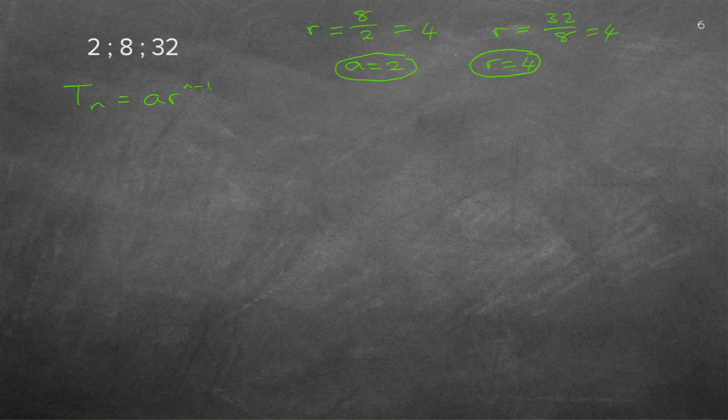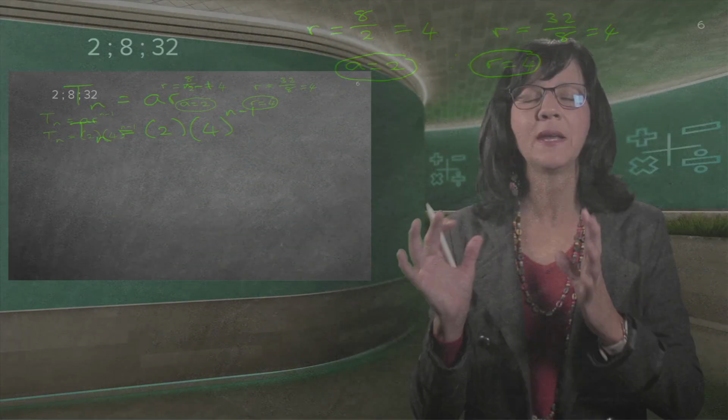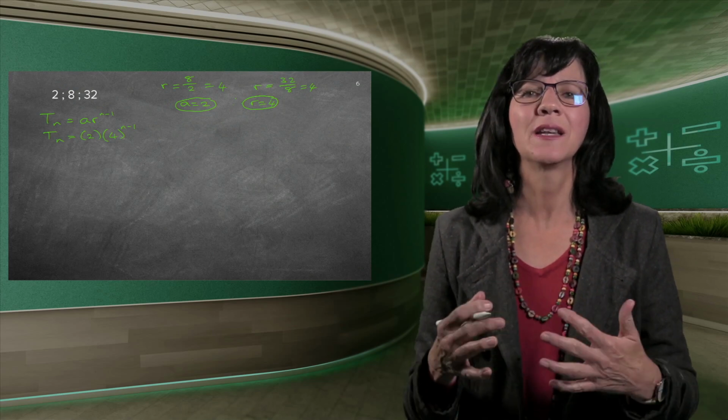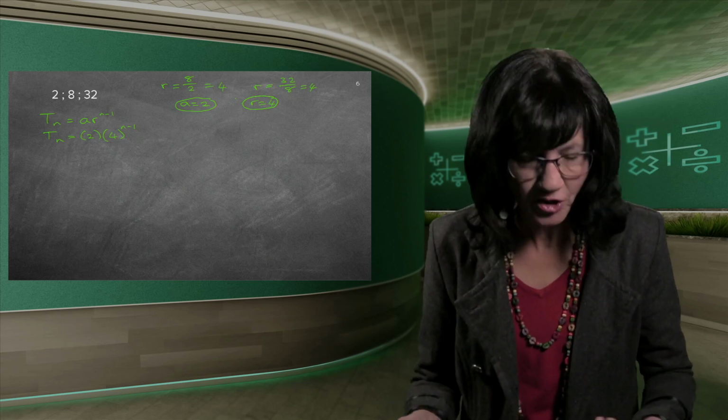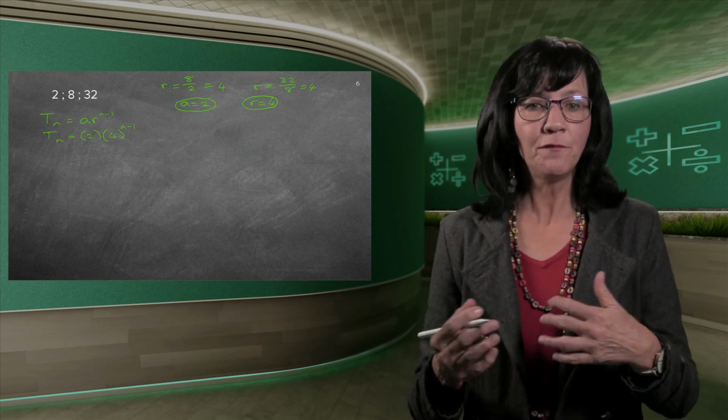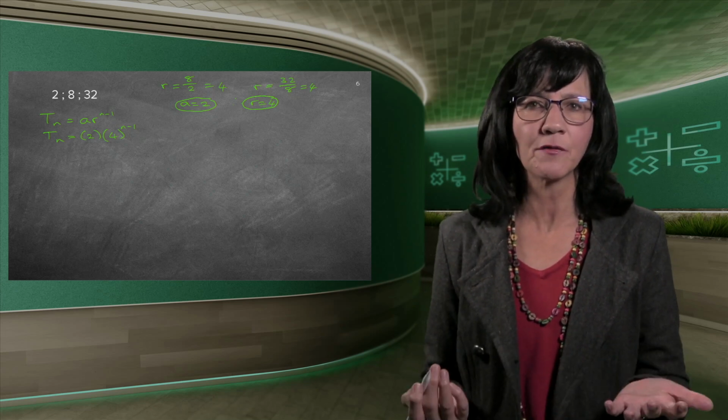So now I must just do the filling in. They asked me the general term, so they asked me Tn. I know what the A is, 2. I know what the R is, 4 to the power of n minus 1. There's my general formula. But now many times in this case, we can simplify it a bit. Because remember, most of the times, as in this problem, they ask you different questions on it. So if you can simplify it a little bit, it makes life just easier.